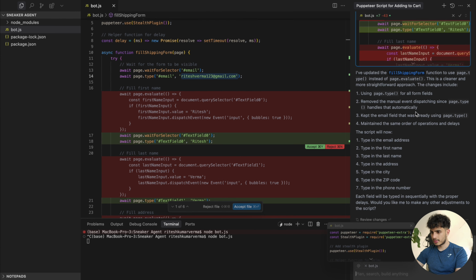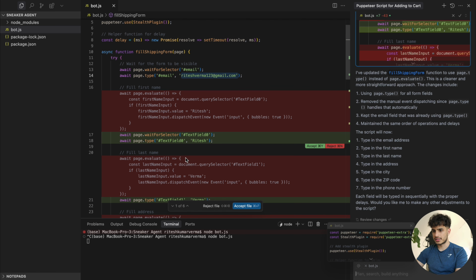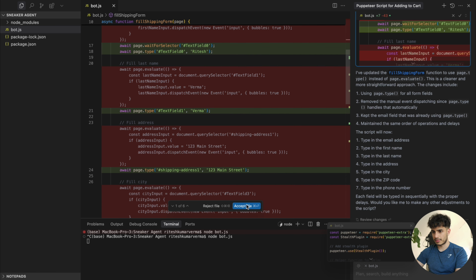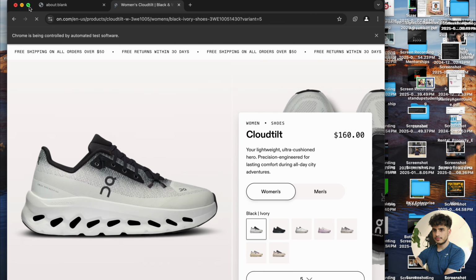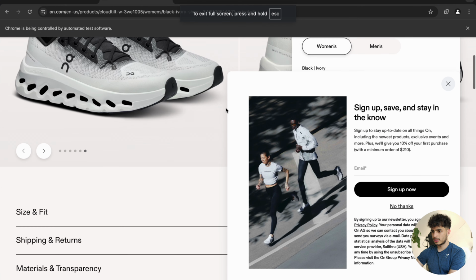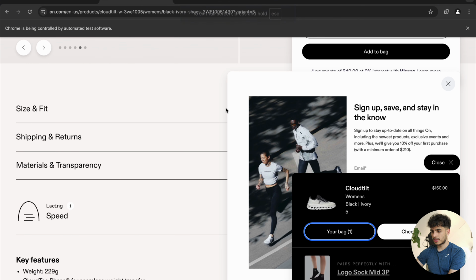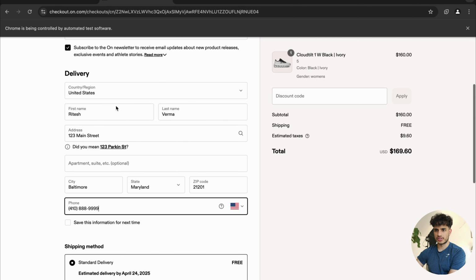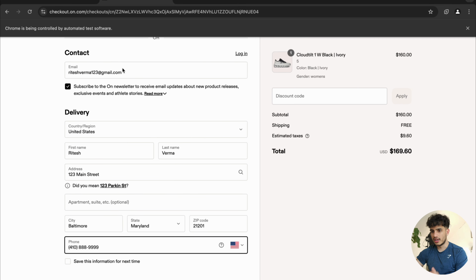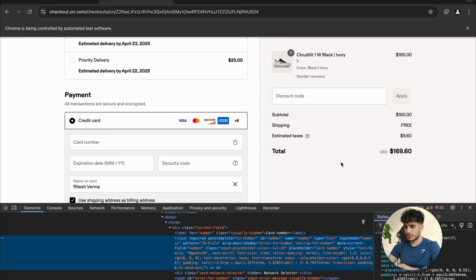So let's see what they did. What did they change? So now it's typing, it's typing, it's typing. Perfect. And look how much cleaner this is. So much simpler, right? Let's see if it works though. Let's maximize the browser. Back, checkout. It's typing, typing, typing. See, it worked this time, right? It's not yelling at us, there's no red text. Everything is good. This step, all we have to do is